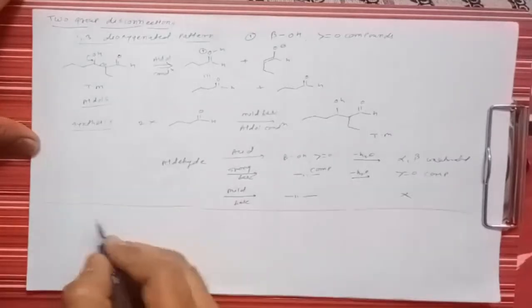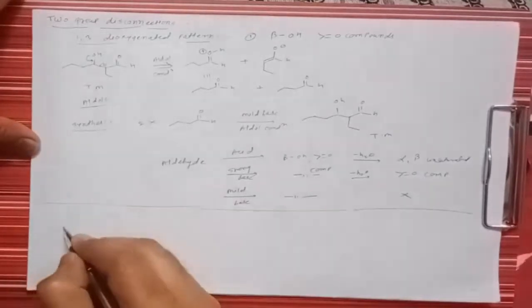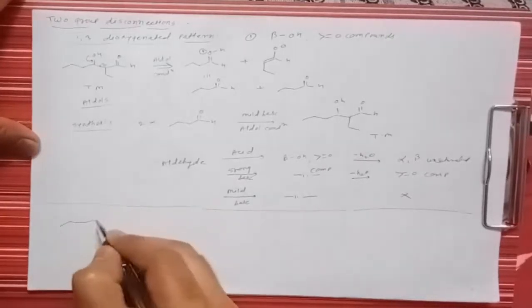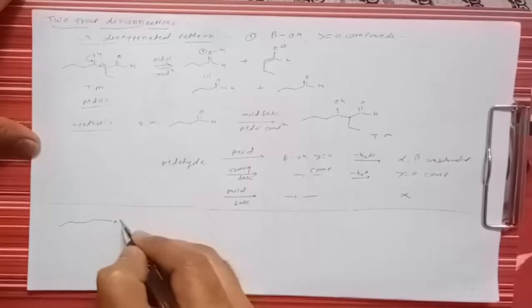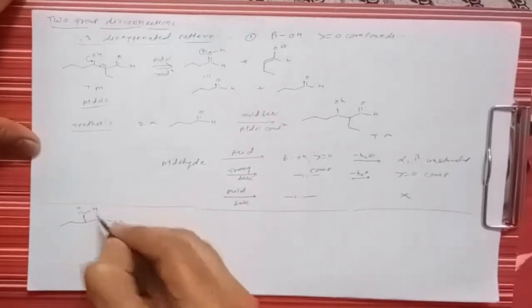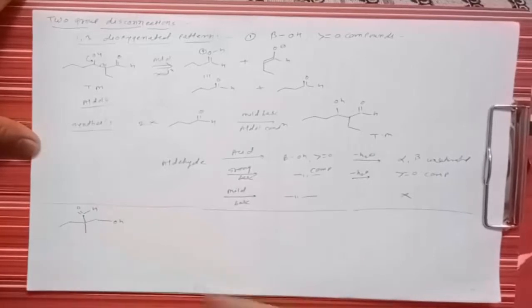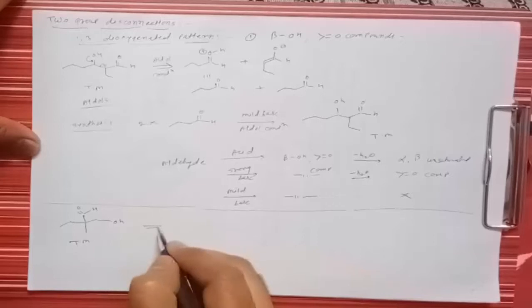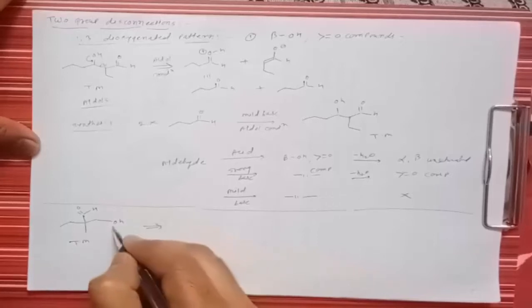So that means if we take the synthesis for another target molecule, let us take one more example. For that, we are taking the aldehyde, the alpha beta unsaturated carbonyl compound or 1,3 dioxygen pattern. So here, suppose a target molecule has OH here, and here is a carbonyl functional group as an aldehyde, and here is a CH3. Suppose this is one simple target molecule, and if we want to break such a target molecule, we can go,